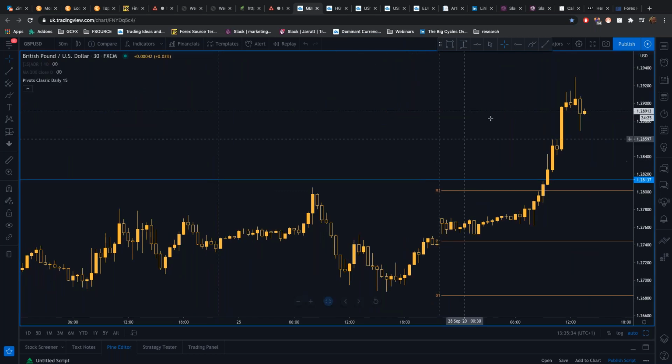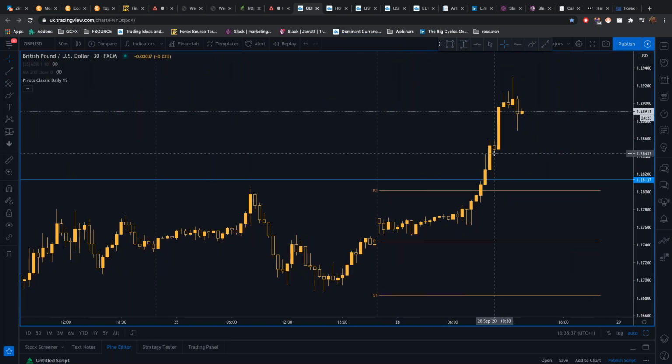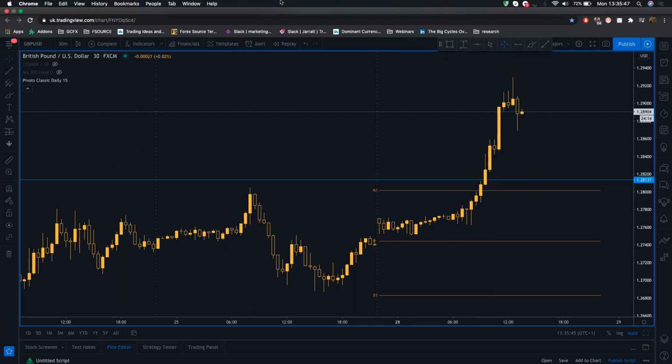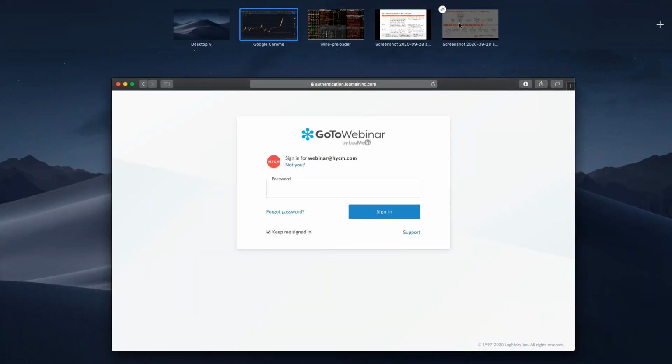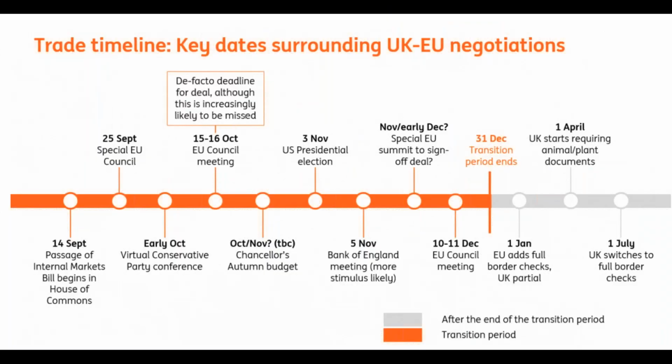We're also seeing upside in the pound because there are expectations, with formal negotiations starting again tomorrow for Brexit. Now let's just have a little look at one of these key dates. We can see one of the key dates for the UK-EU negotiation is the 15th to 16th of October. And so there's a little bit of optimism that maybe a potential deal gets organised in time